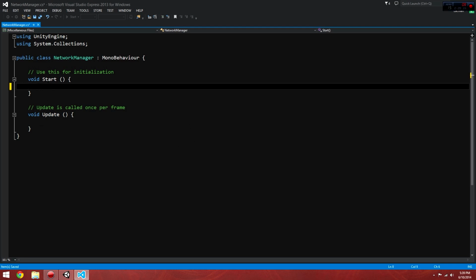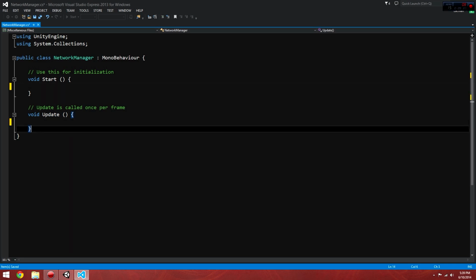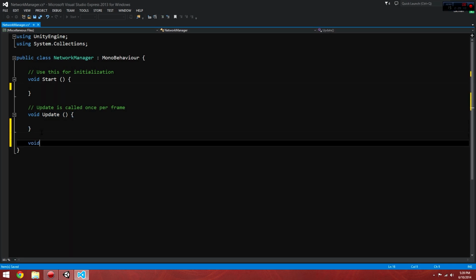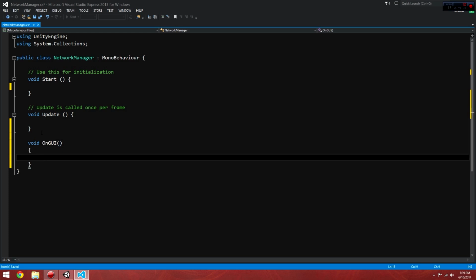So what we're going to do is, first of all, create an OnGUI function, so we're going to return nothing, void OnGUI, capital GUI and capital O for On, and then open this one up. So now what we're going to do is, I also have none of the autocomplete, so I'm going off my head here, and so we might run into some errors. So what we're going to do is call GUI.Button, and we're just going to create a button, and in this we're going to be new Rect,